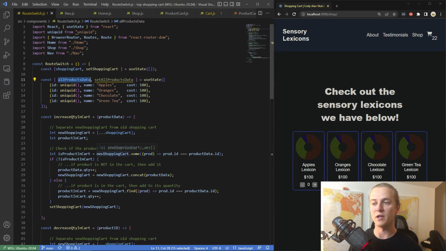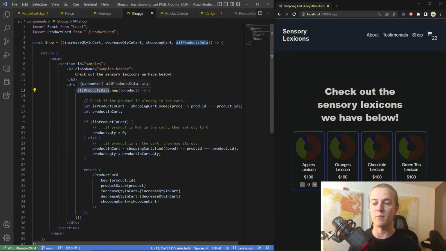And so we see that it's utilized here and mapped over to create a product card for each one of the products. But having it set up here, in addition to specifically this logic that I have down here, it was causing these product quantities to be set to 0 every time you navigated away from the page. And it was also adding to the noise of this misalignment between the item cart and the product card. So looking at this logic here, we actually can see that this is where that product quantity being 0 was coming from. And it was because